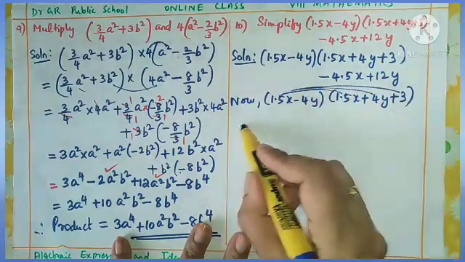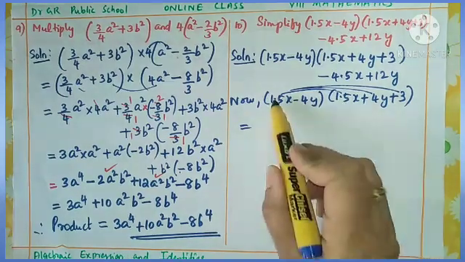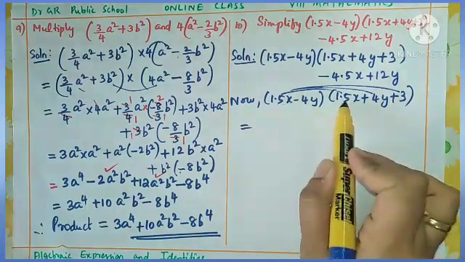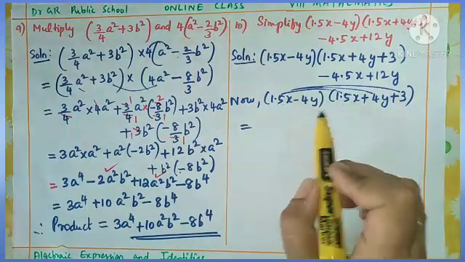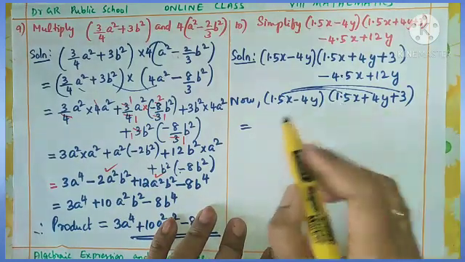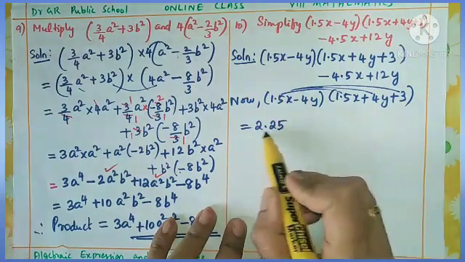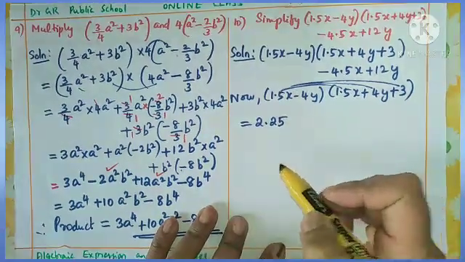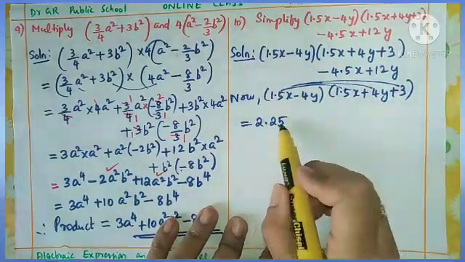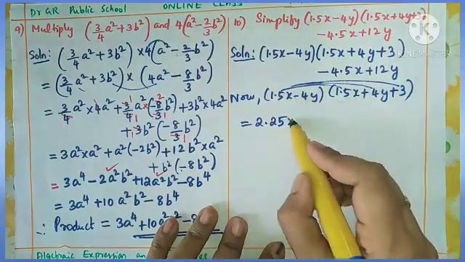Okay, so you need to multiply, and see 1.5 into 1.5. What is the answer? Already you know that 15 into 15, 15 square is 225. So here 1.5, 1 decimal, 1 decimal, so in the answer there will come 2 decimals. So 2.25. That is the way to multiply easily. So no need to multiply and find out. 15 square, if you know, you can write the answer like this, 2 decimals. And here you see variable x into x, that is x square.